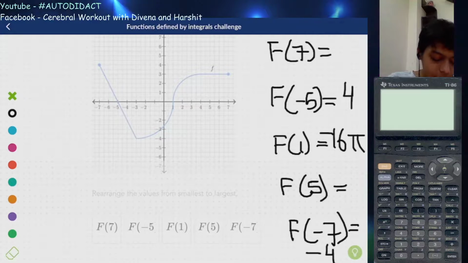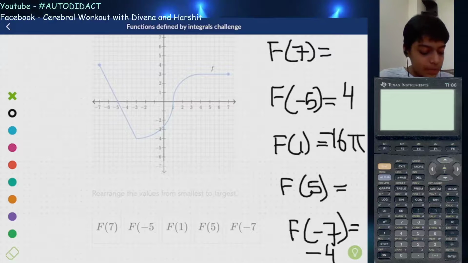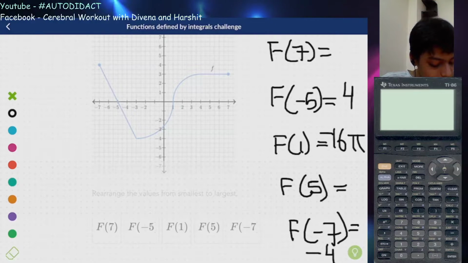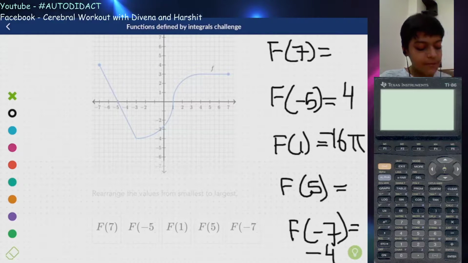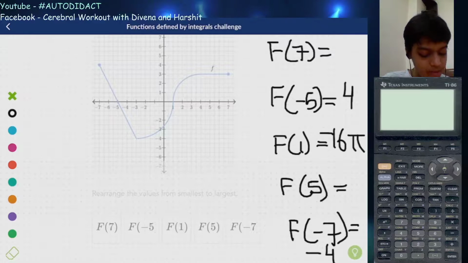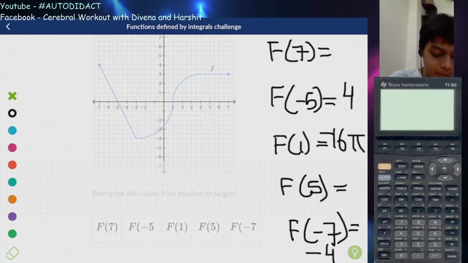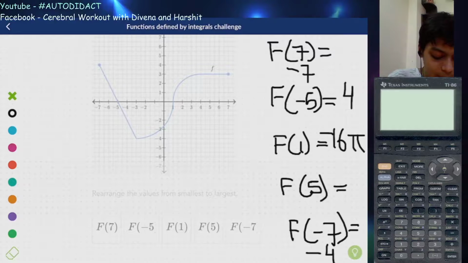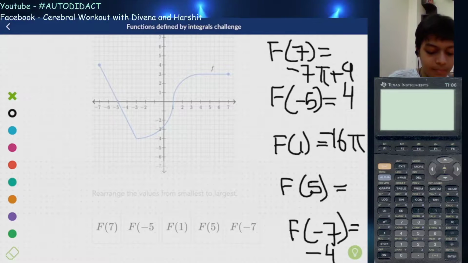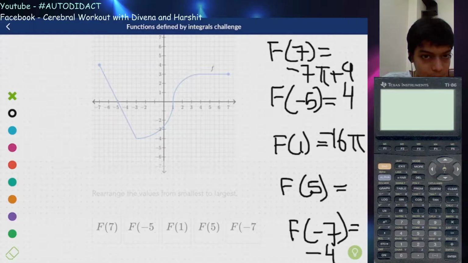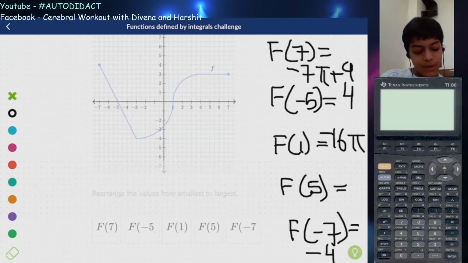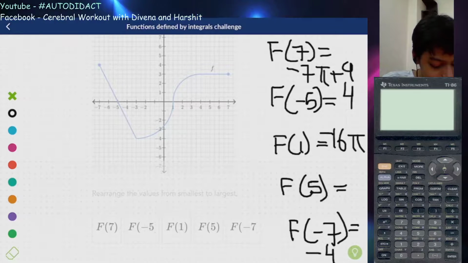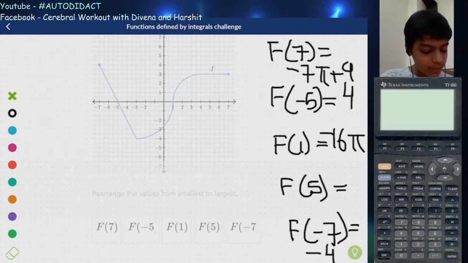First let's just find f of 7, the total area, and then we'll subtract. Okay, so from negative 3 to 7, we came till here and we found out it was equal to negative 7 pi, and we want to add plus 9 to it. Okay, so negative 7 pi plus 9. 3 times 3 is equal to 9. And we also want to find out what f of 5 is equal to. F of 5 is equal to negative 7 pi